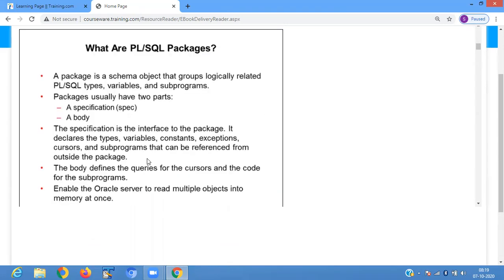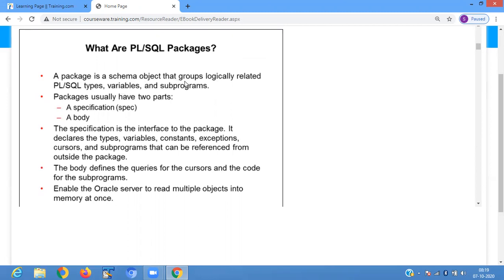Suppose you want to work with a student management database; first of all you have to create a package for the student.